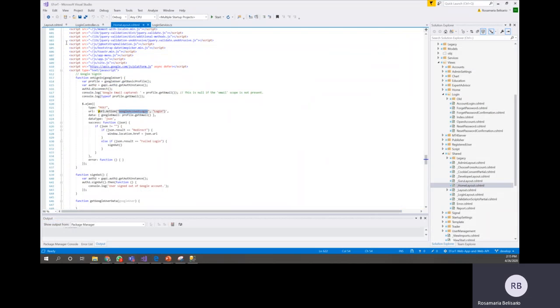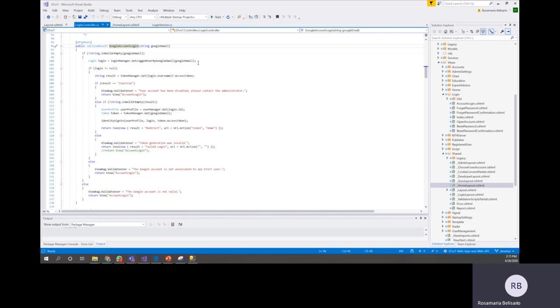So this is the Ajax code that we have on the front end, and the way that the Ajax code works is that it calls a controller and a method within the controller. Since we are in the Google API, this is the implementation for the Google API, we call the controller login once we have the email, and we'll decide to go to the Google account login method. When we do that,